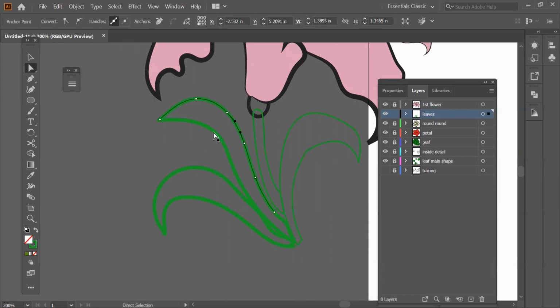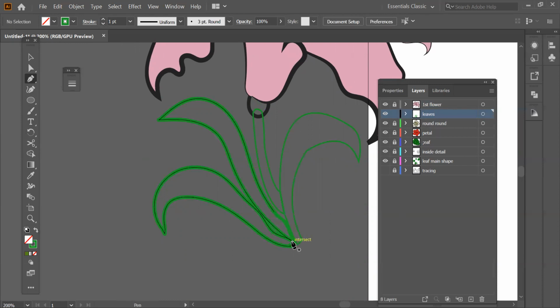Let's see which line is open now. This one and this one is not connected. So what will I do? I'll take my pen tool and connect both of that. See, how do you know it's not connected? Like when you click on something, the whole path is getting selected because this one is connected. Now this one is connected. This one is also connected. This one we connected just right now.